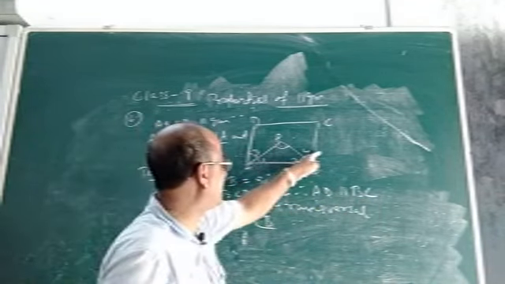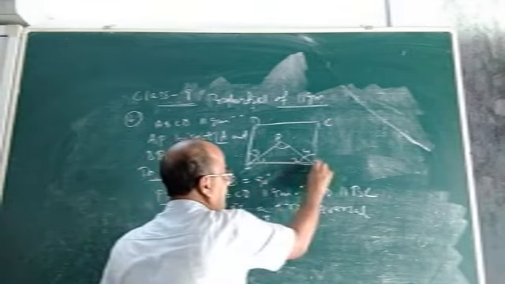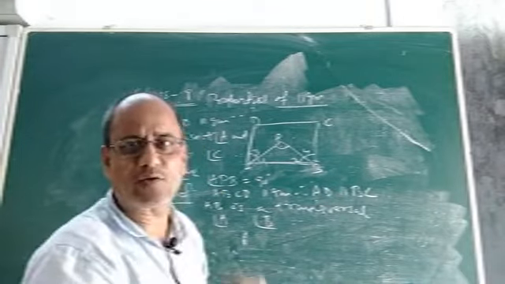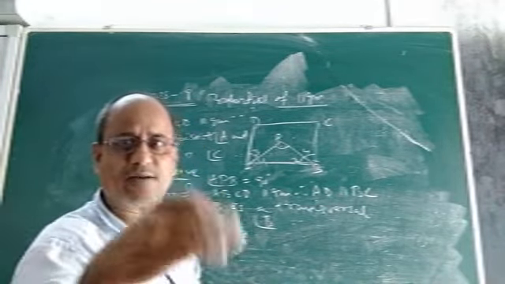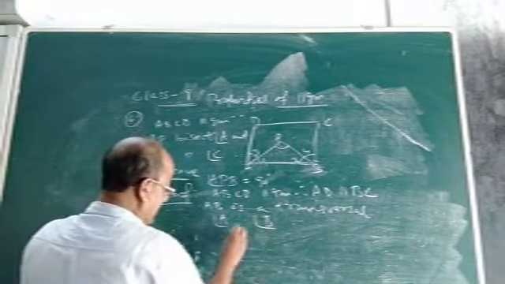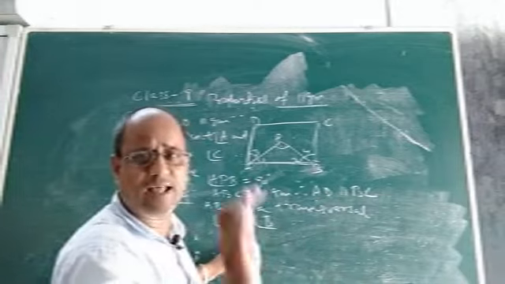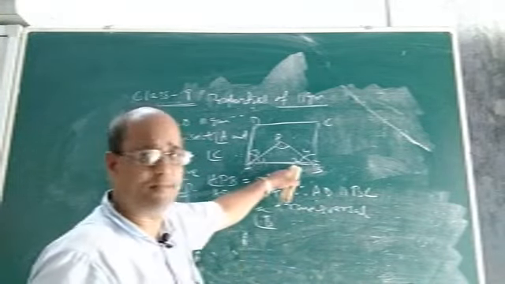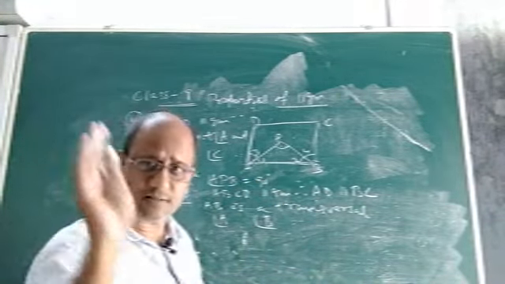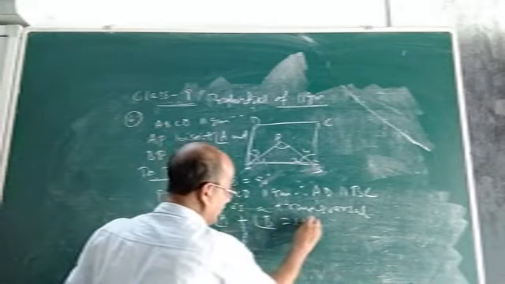See, if AD and BC are parallel, AB is a transversal, then what about angle A and angle B? They form a pair of what angles? Co-interior, I mean consecutive interior angles. So angle A and angle B form a pair of consecutive interior angles lying on the same side of the transversal AB. So they must be supplementary, or their sum must be 180 degrees. So take A plus B equal to 180 degrees.